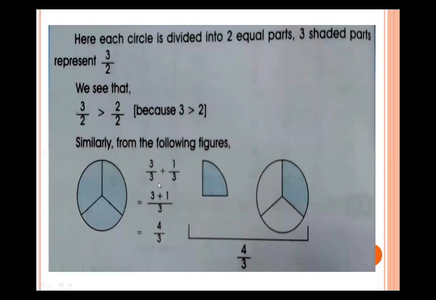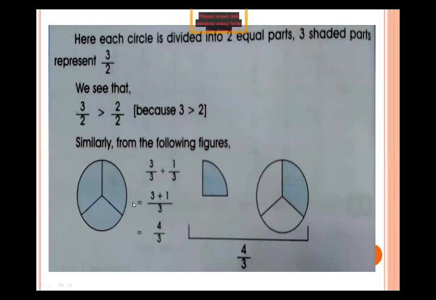How do we find out how many total parts are shaded? How do we identify? Now look at here. Here 3 parts are shaded. Now look at here. Only one part is shaded. This one part matches this one. We get this part from here, like this one. 3 plus 1, they are divided into equal parts. The common denominator is 3.